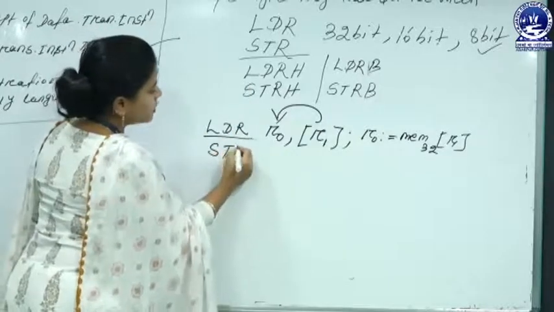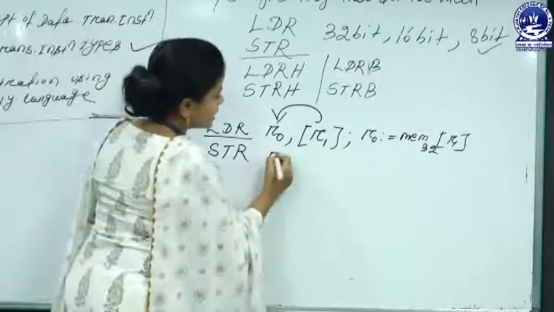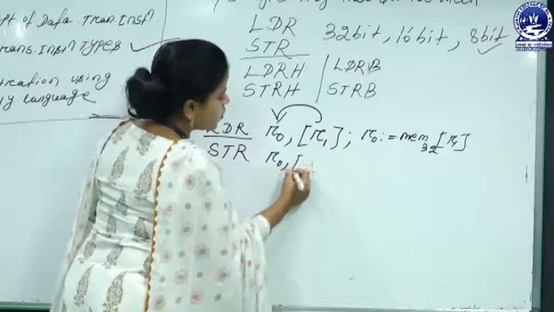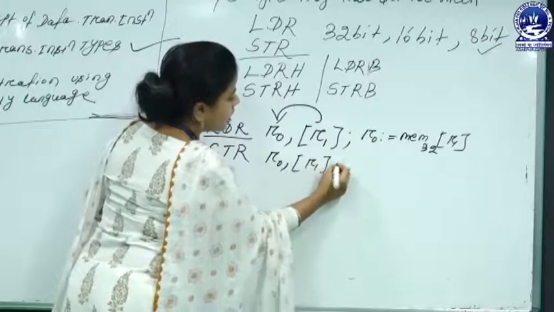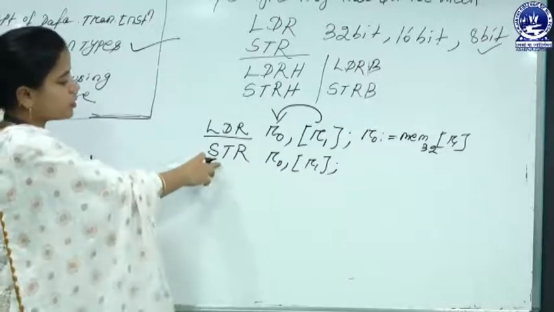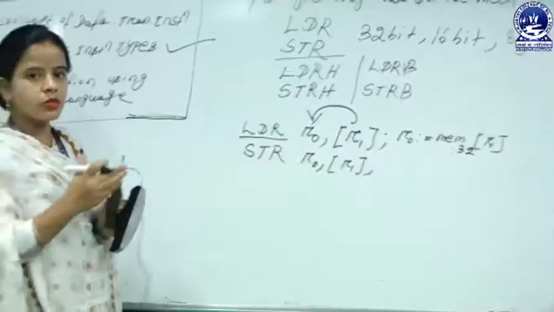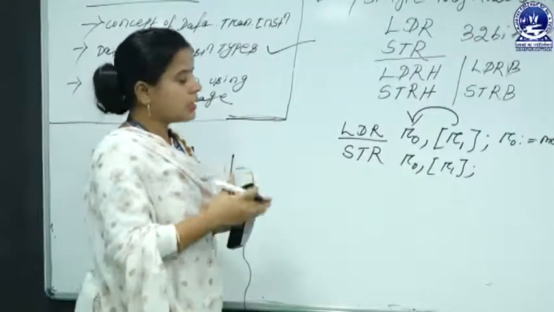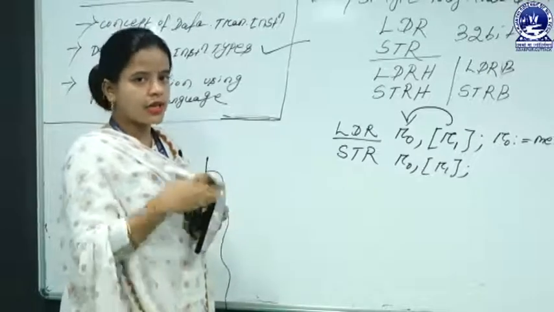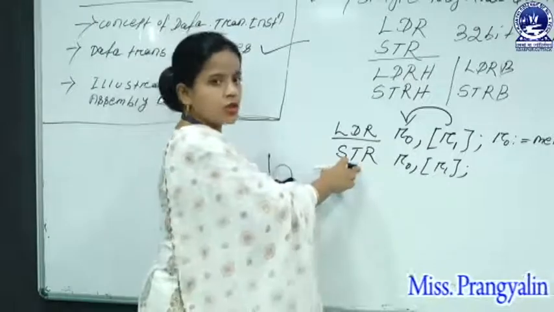In the case of store commands, we use the opcode STR. Similarly, it consists of one destination location, R0, and a source location, R1. But what is the meaning of the expression? As we know, the store command is used whenever the interpreted results in registers need to be saved. If the program requires storing the data for future reference from register to memory, we use the store command.